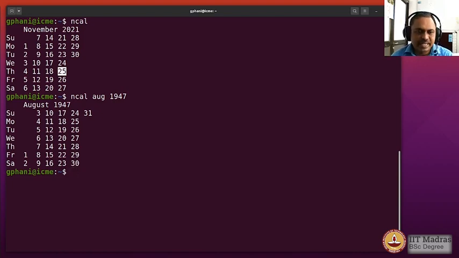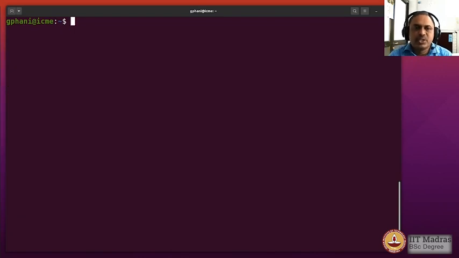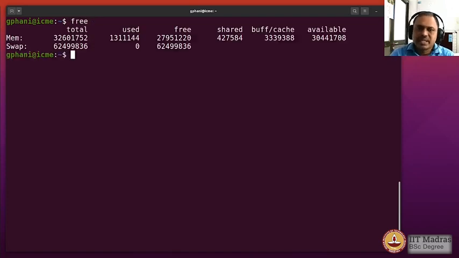There are some more commands that you would be interested to run to just check the statistics about the machine. And there's a command called free, and this shows what is the amount of memory that is available for free in this computer right now.